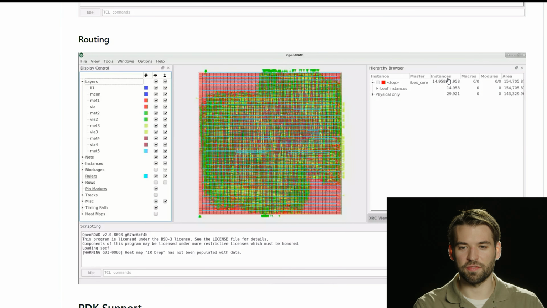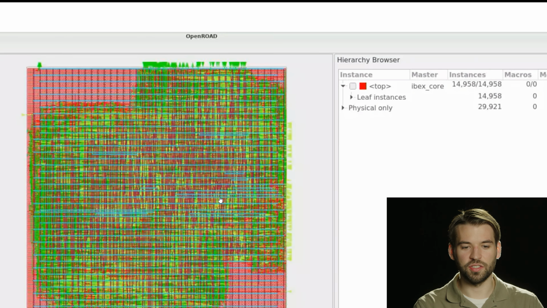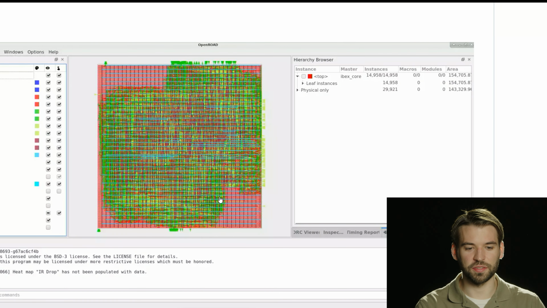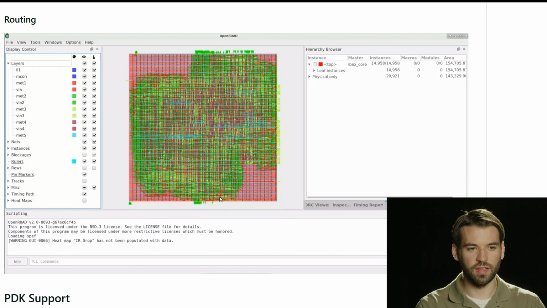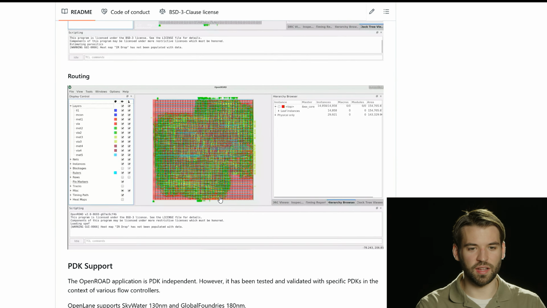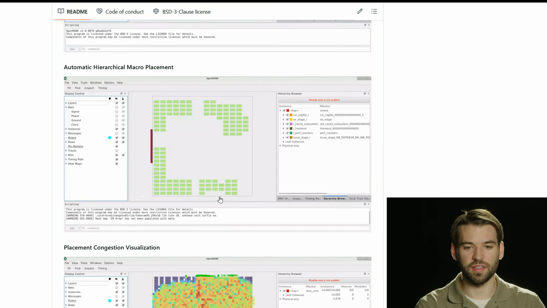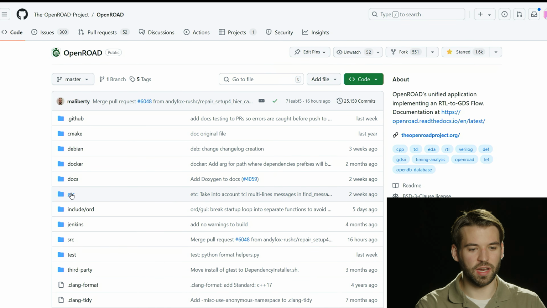And you can see right here as an example, in this browser window, we can see that there are about 15,000 instances in this design. So there's at least 15,000 wires connecting all of those together. And so that's the main part of the flow that you'll see here in the README, and you can try it on your own. And then one last thing that I want to do is to just go into the source